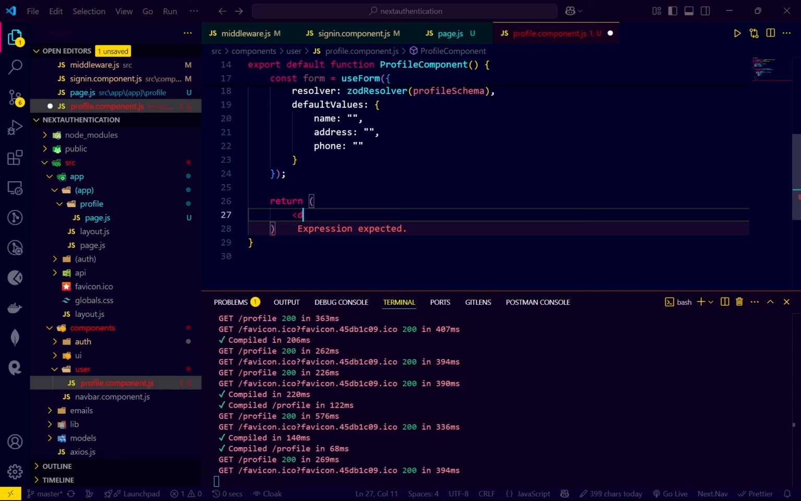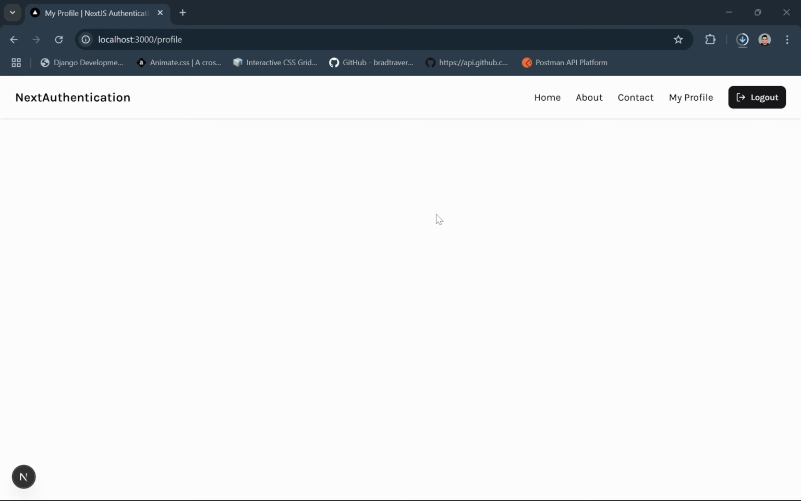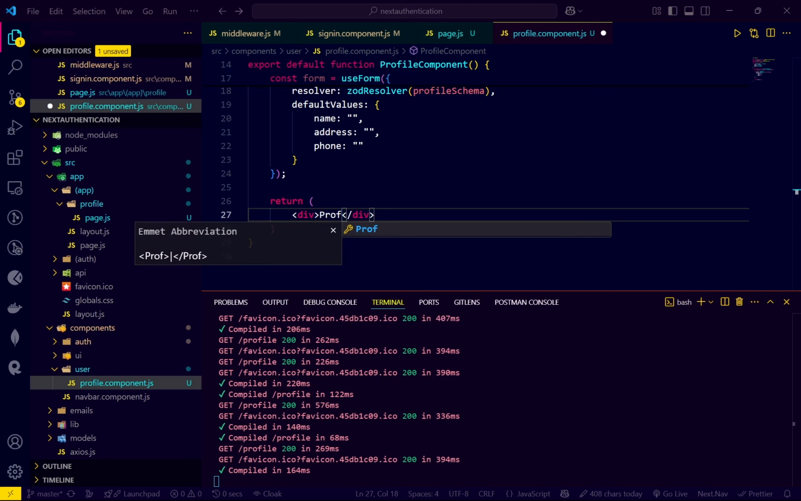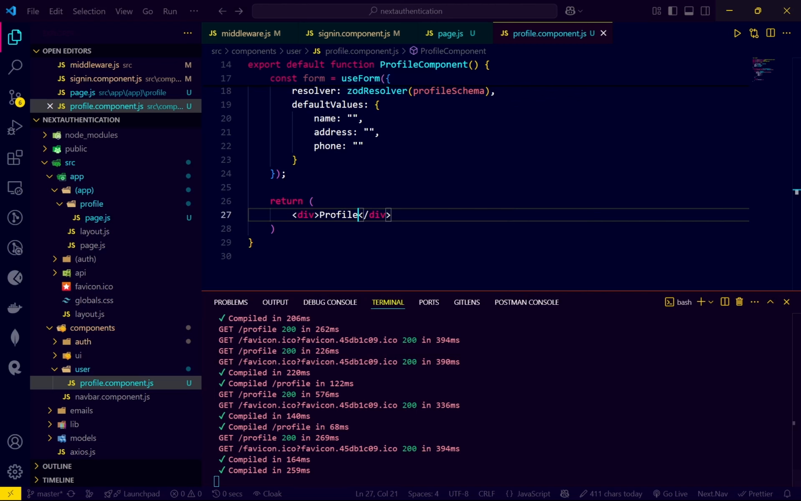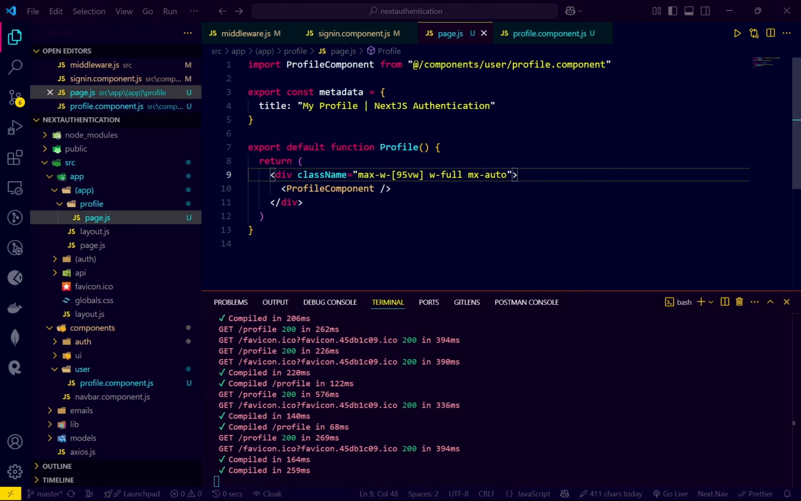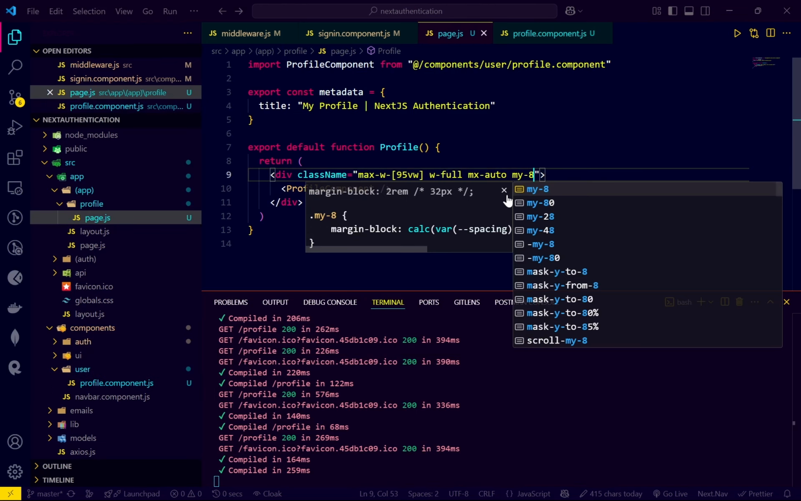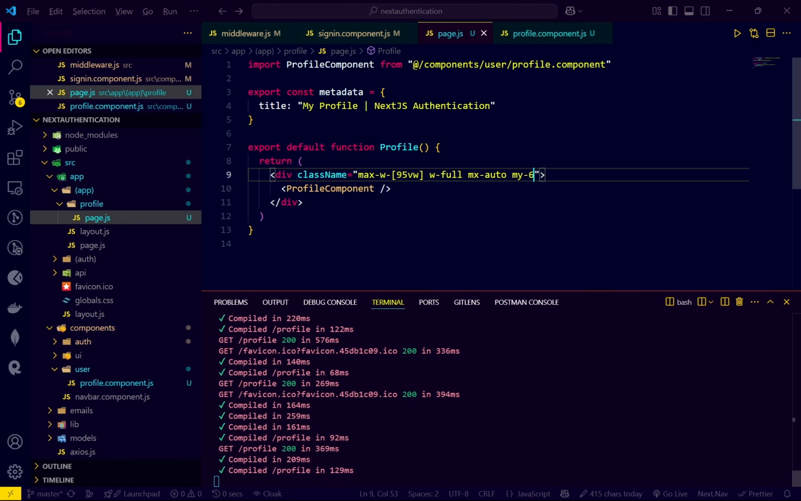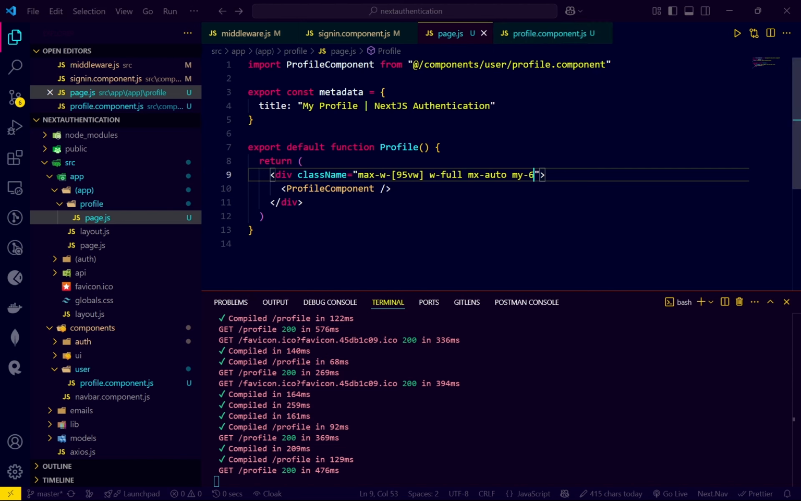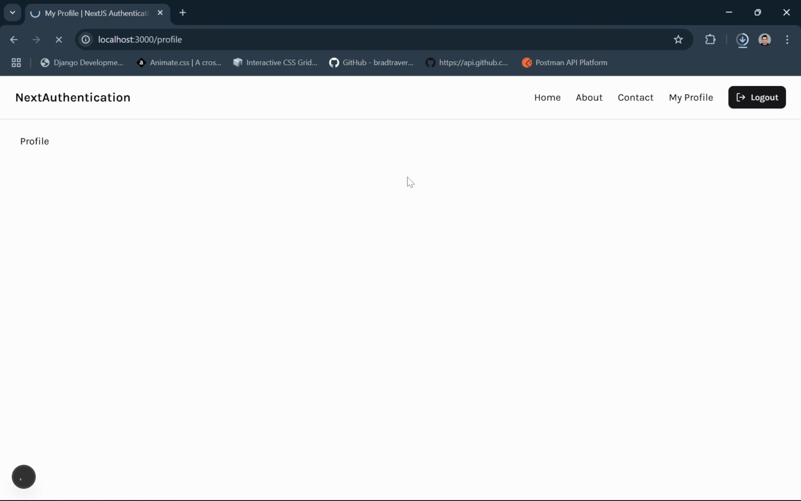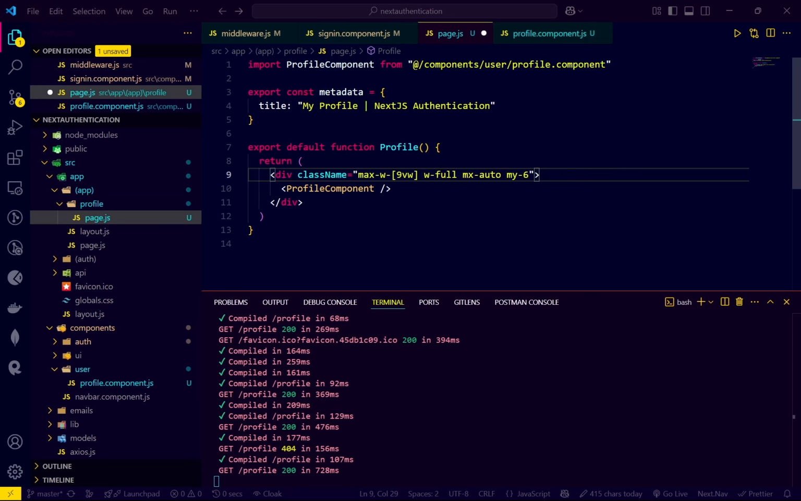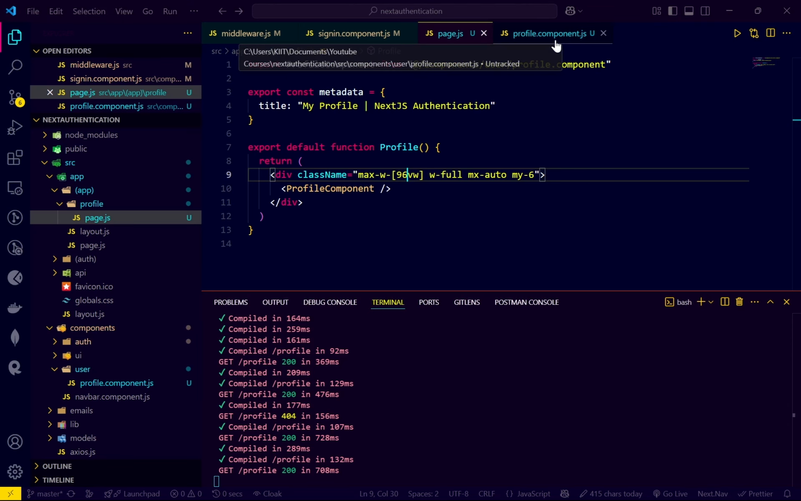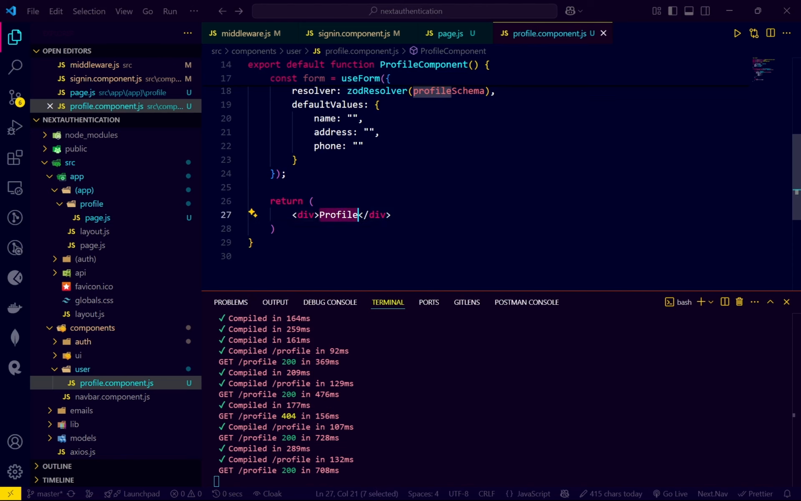Okay, so I'll provide a div here. So div, let us see what happens. Let us render the profile text. Okay, so let us have a margin of 1.5 rem from top and bottom, 98 vw. Let us see what happens here. 96. It looks good now. Okay, so profile component here, what I will do is I'll render